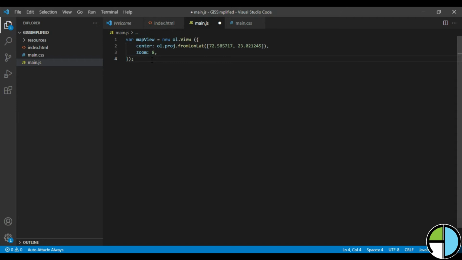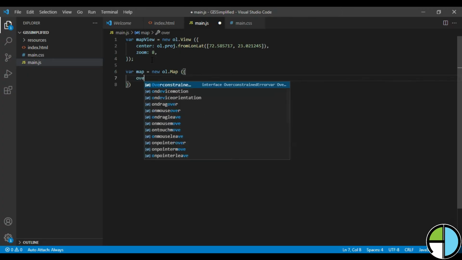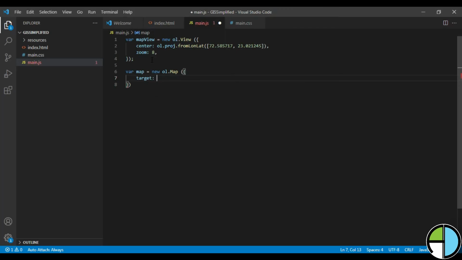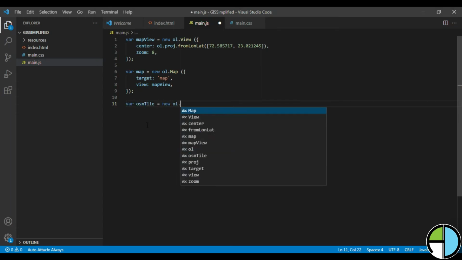So these are the view properties which I have set, and then I am initializing variable map which is ol.Map, and then I will assign some of the properties of map also. So like what is the title and what is the target. So target is the map which is the div element which we have created, and view it will take from map view. So these are the two variables which I have to set,